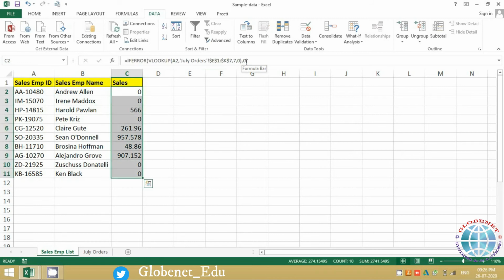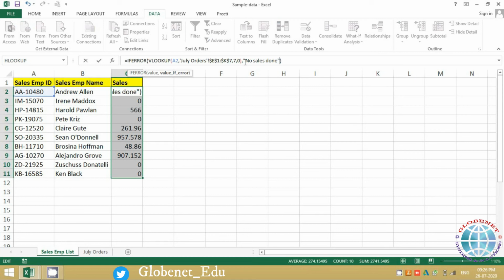Let's say I don't want this 0, I want some text to be shown that says no sales done. So let's write some text. You can simply keep the entire column selected, and I just come over here and write some text, no sales done.